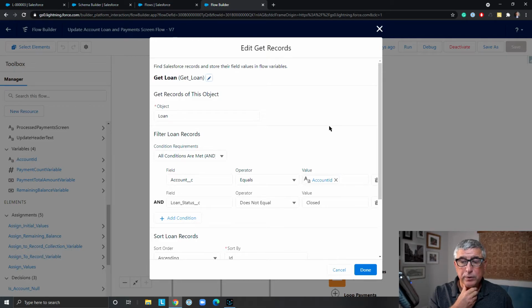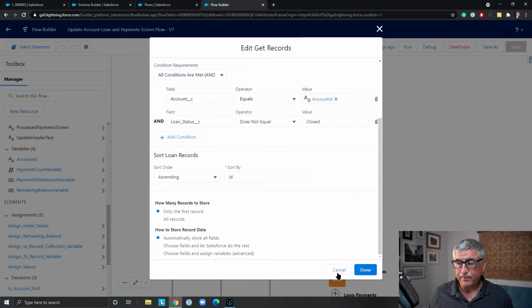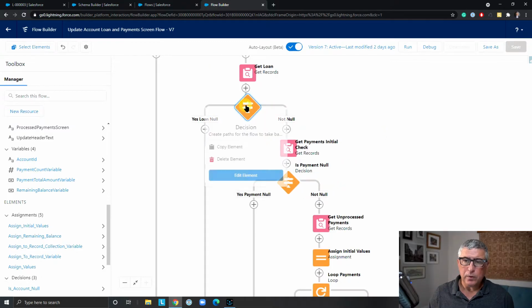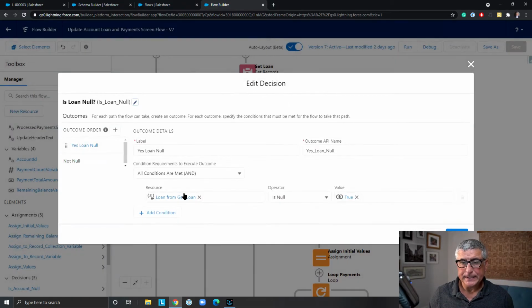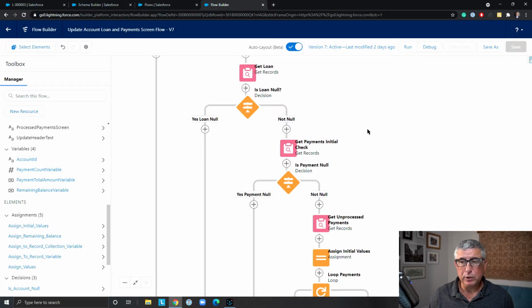The loan has to be open, so I'm excluding the loan status closed. So I am checking whether the loan from the get loan step is not null or not. So if I found a loan, then I'm going to get